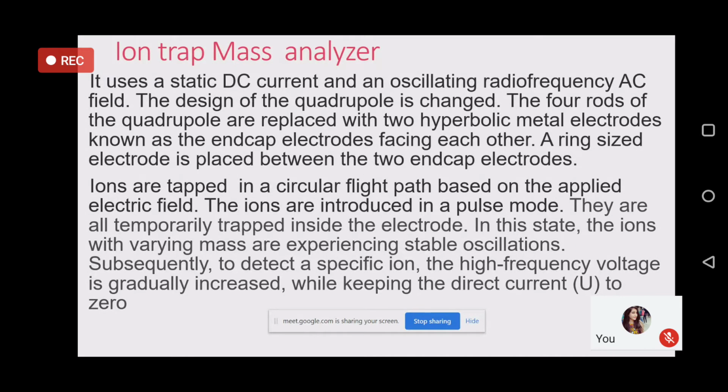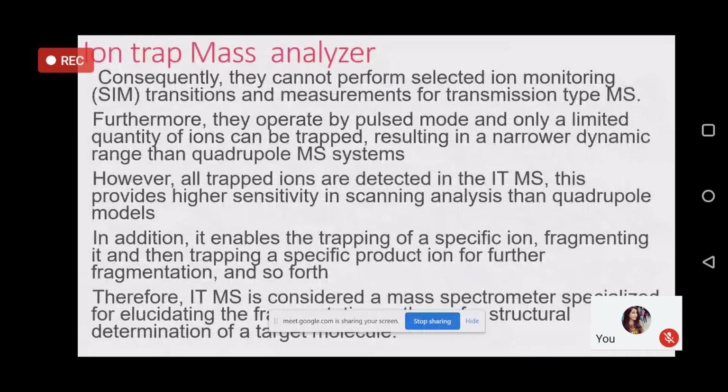I hope I have made the entire operation clear, and how it is different from what you get in the quadrupole. In one way, operation wise, how it is different: there is a continuous signal there, here it will be a pulsed signal, but the basic principle in both the cases is the same, and it is filtering out all other ions and picking up only one set of ions with a common m by z value. Okay, so